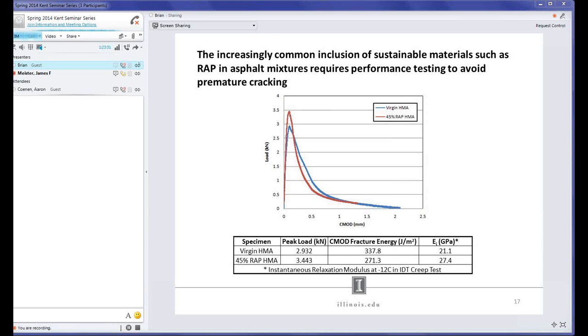So in this case, I'm just going to show some of the elastic simulation results just because we haven't published the viscoelastic stuff yet. But I assumed the instantaneous relaxation modulus at -12 from the IDT creep test. Whatever that E0 value is, that's what I assumed for this mix. So instead of just approximately figuring out whatever KN and KS were from other people's research, we did pull that value out from there, and then we backed out what our parameters were for the mastic and the aggregate